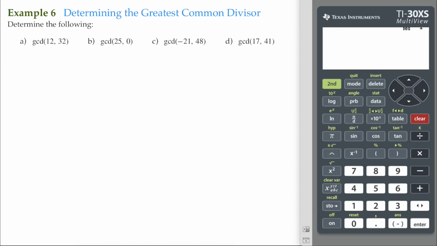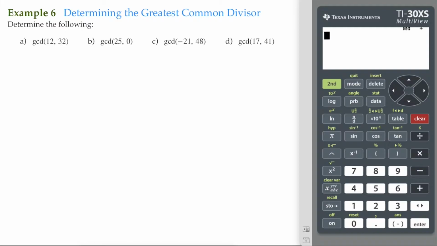Here we are going to determine the greatest common divisor between two or more numbers. And you can see how it is labeled here, GCD, obviously for greatest common divisor. And then enclosed in the parentheses here are the numbers that we want to find the divisors for. And the name is exactly as it implies. We're going to be determining the largest or the greatest divisor that's in common between these numbers. And we're simply going to do that by listing all the divisors of each number and then see which one